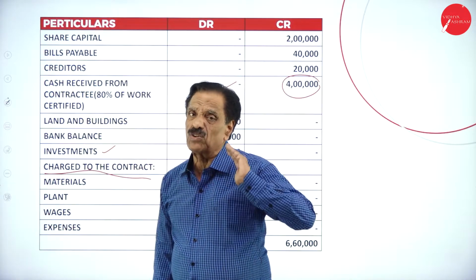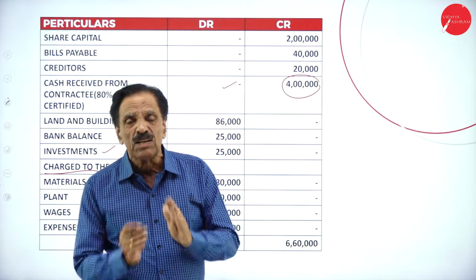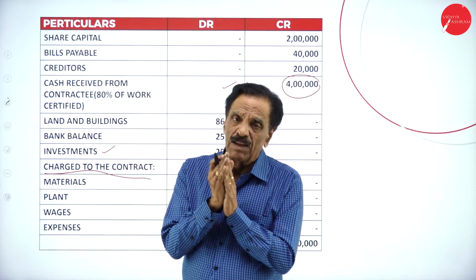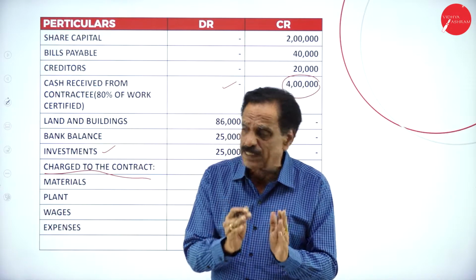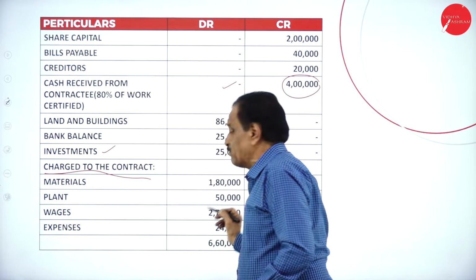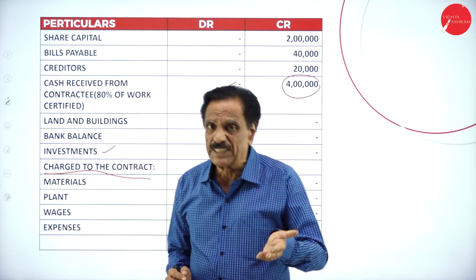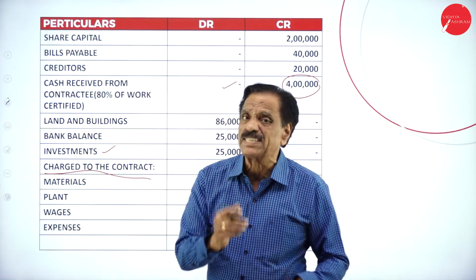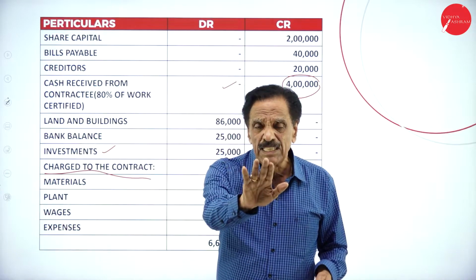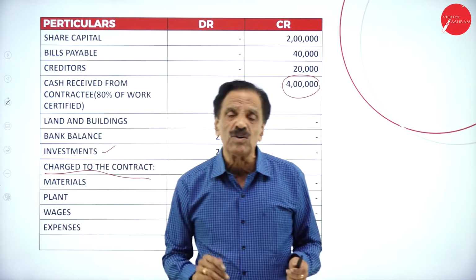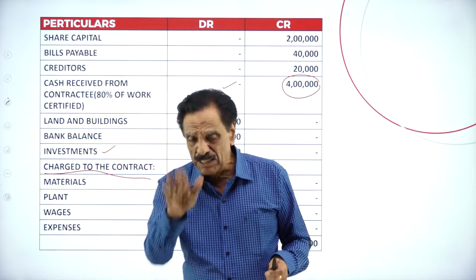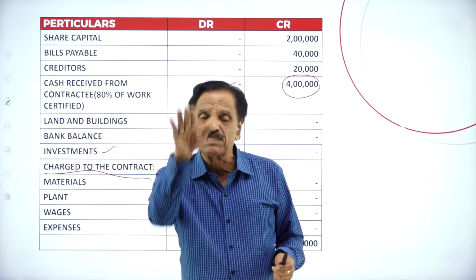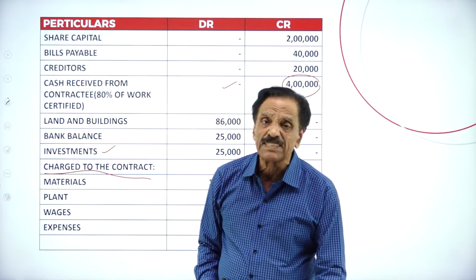So before going to contract account, we want to see what's the plant at site. What's the formula of plant at site? What's the plant value? 50,000. How much plant return? How much plant loss? Depreciation. That is the plant at site. What's the formula? Plant minus plant return to store minus plant loss, balance on that depreciation 10%. Whatever the difference comes, that's the plant at site we say.